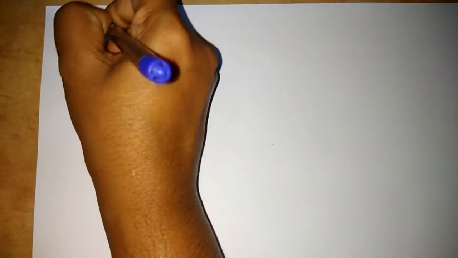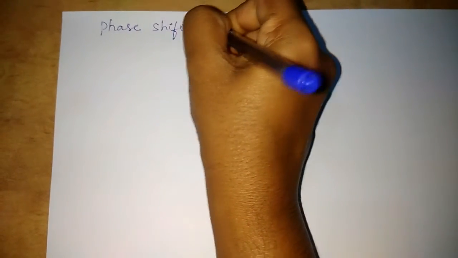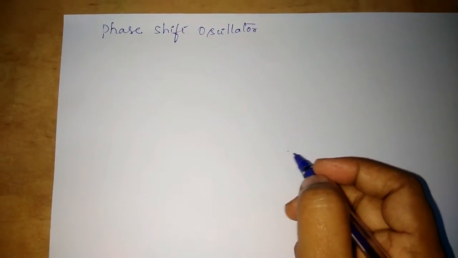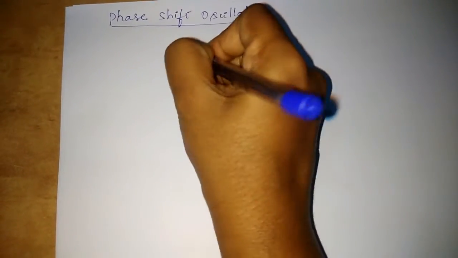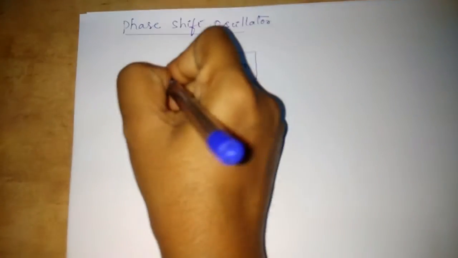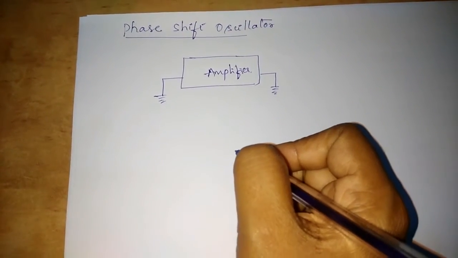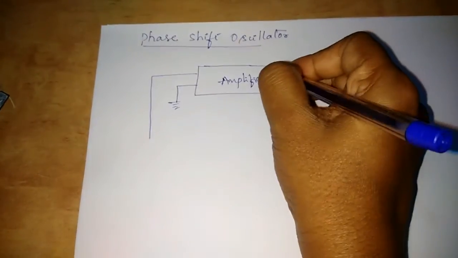So next we have a phase shift oscillator. Okay, so for this phase shift oscillator, the block diagram is we have an amplifier. Okay, so here this is grounded, this is grounded. Input is measured with respect to the ground. Okay, so it is connected with a feedback,